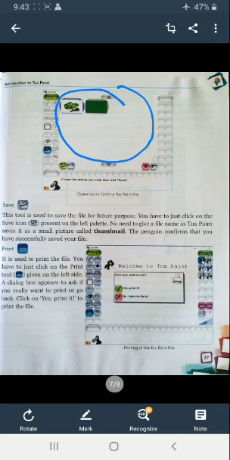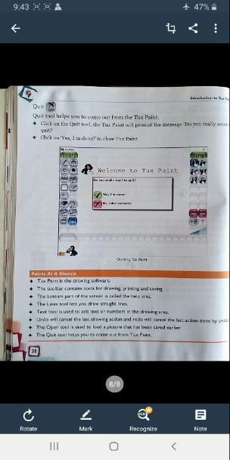You can do editing over there. Now click on the save button. This tool is helpful to save the file. The print tool is helpful to print the whole document. Quit means if you want to close the Tux Paint window.